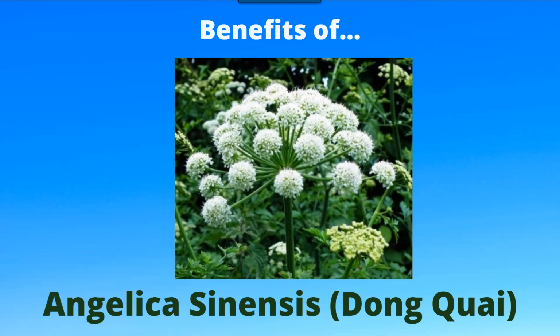It also is a very powerful anti-inflammatory. So anybody who has any kind of inflammatory condition like chronic arthritis, whether it's osteoarthritis or rheumatoid arthritis, it will help immensely. All right, so let's take a look at